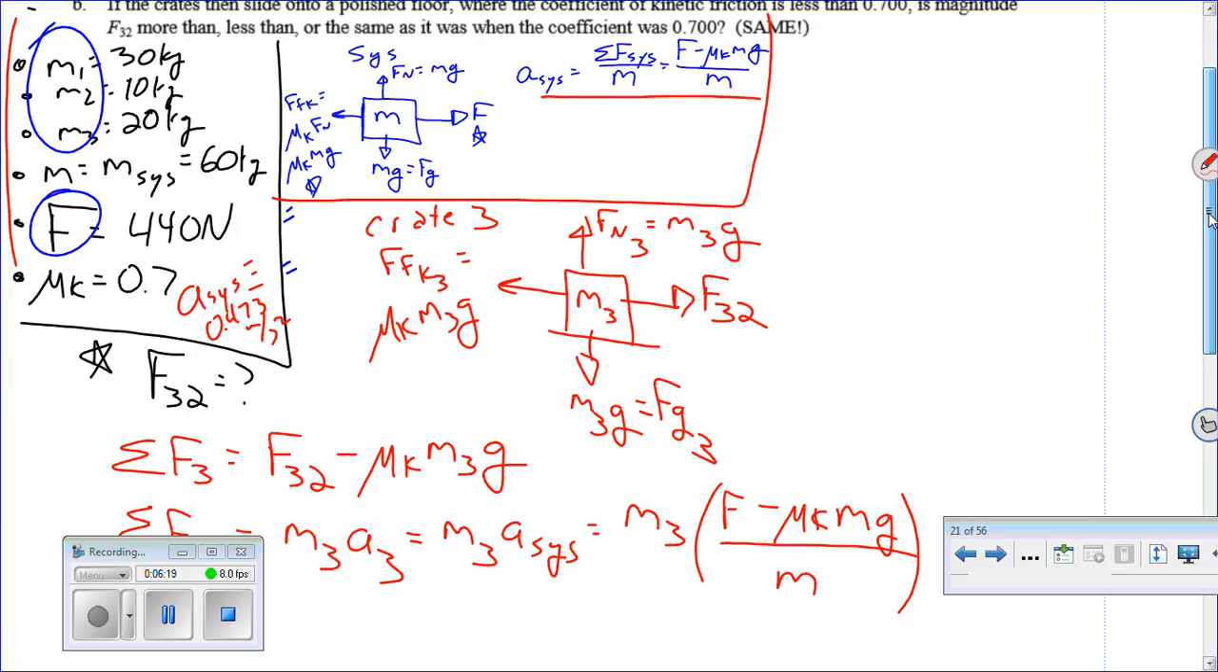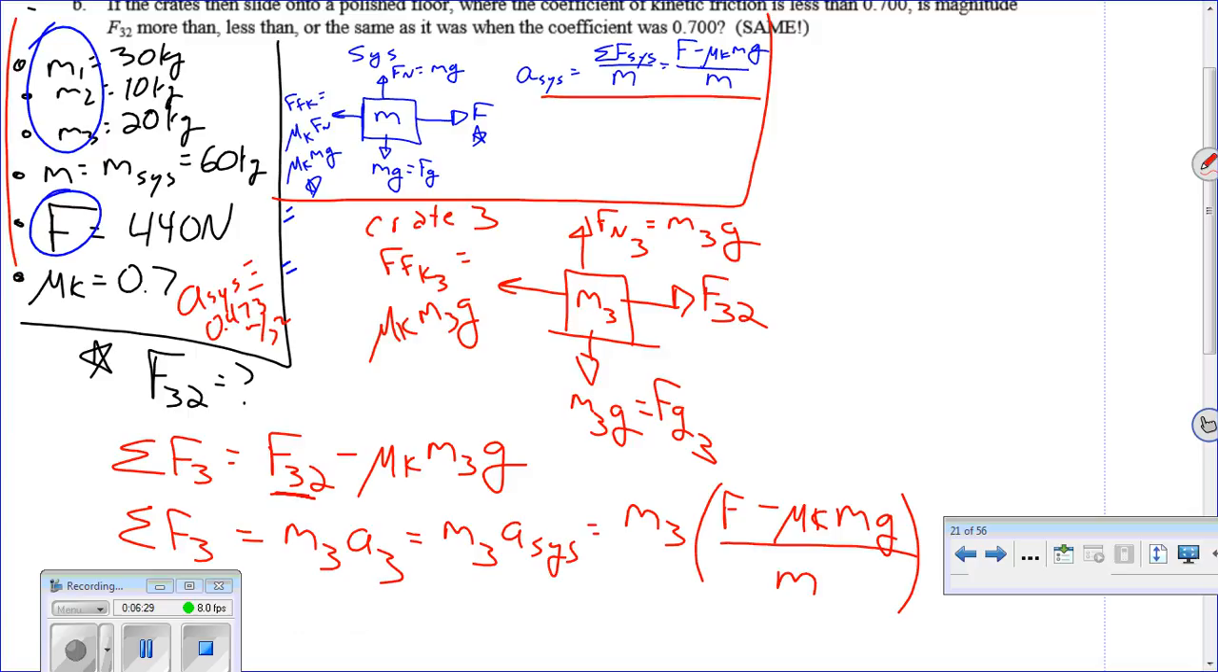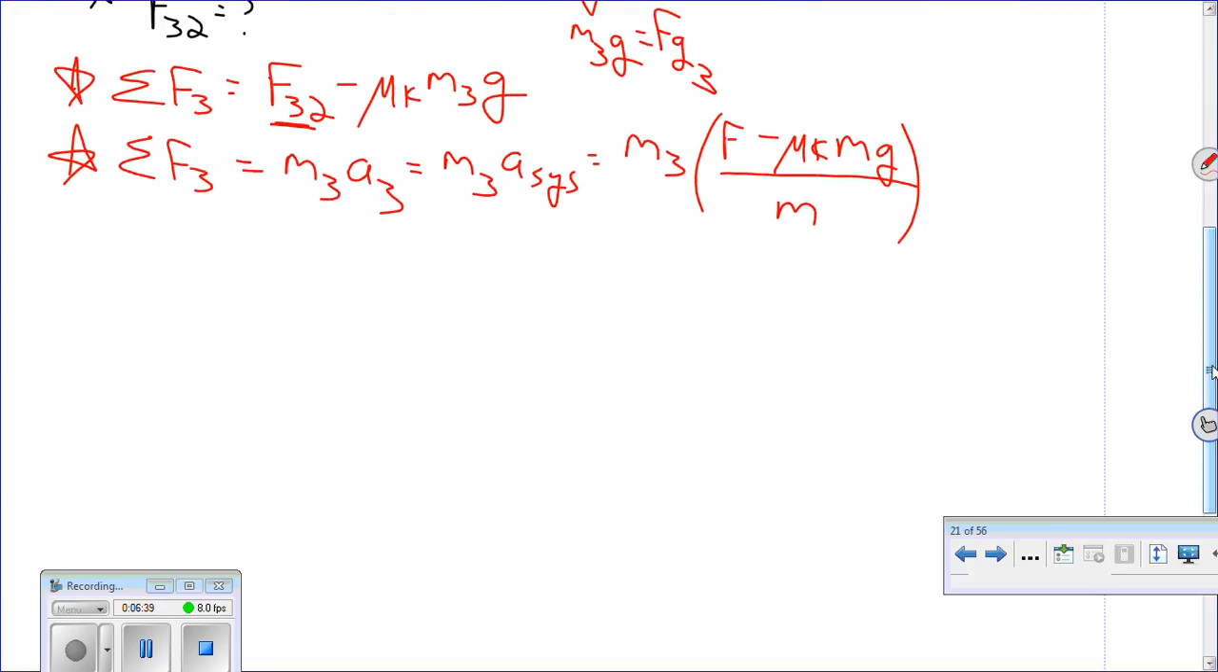Okay, so what are we trying to do? We're trying to find F32. That's our goal, is to solve for this right here. So all I'm going to do is set this and this equal to each other. So here's what we've got. I've got the force on 3 from 2 minus mu k times m3 times g is equal to m3 times